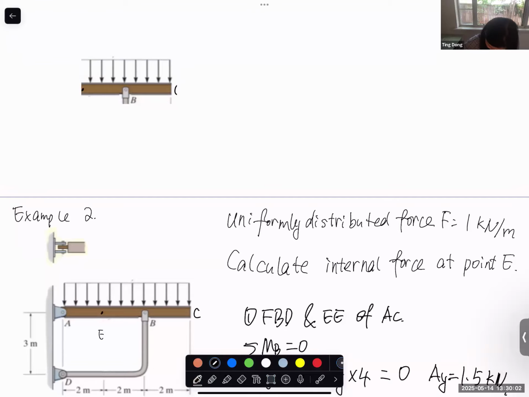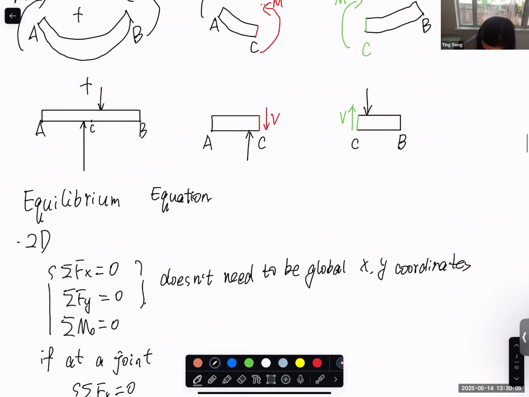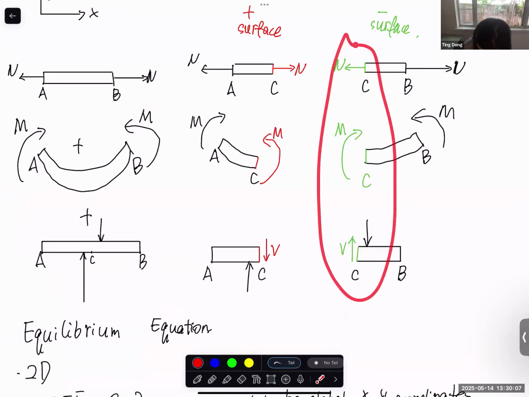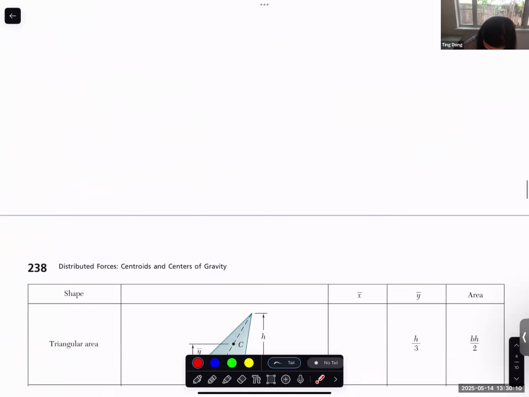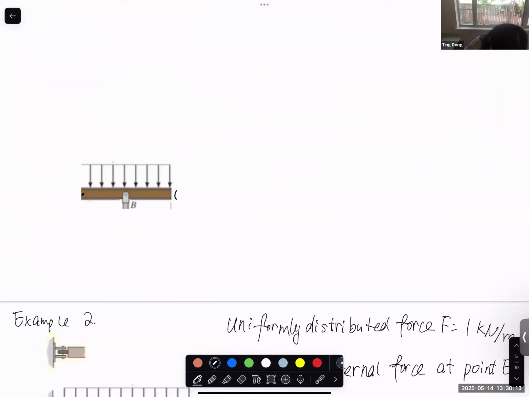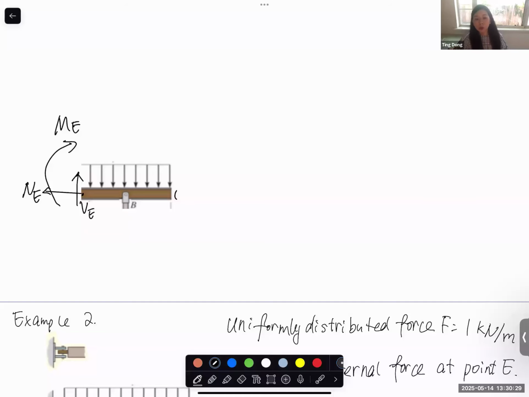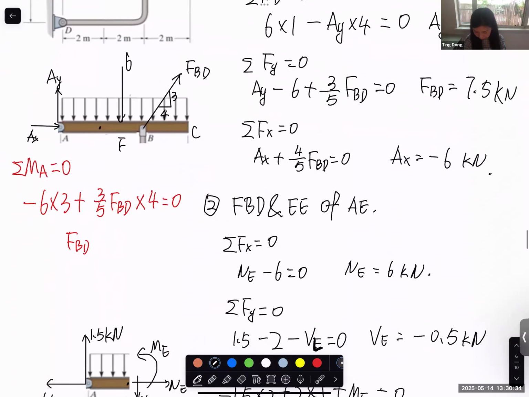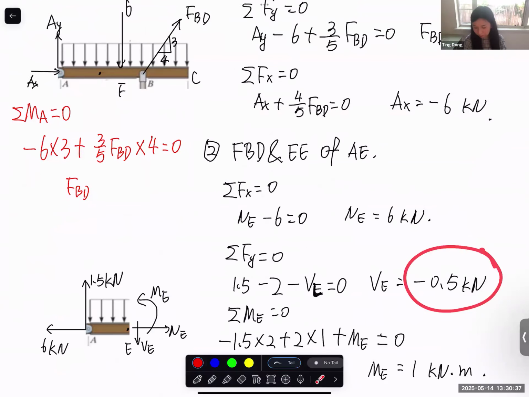Now, based on the sign convention here, you need to put the shear force upward, bending moment ME, normal force NE. No, this is VE, and this is positive NE. And when you do the equilibrium equation, you will see that you will get the same number and same